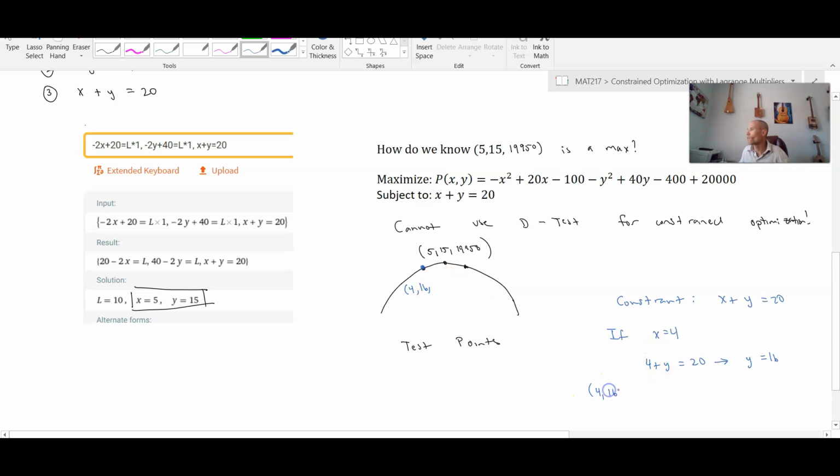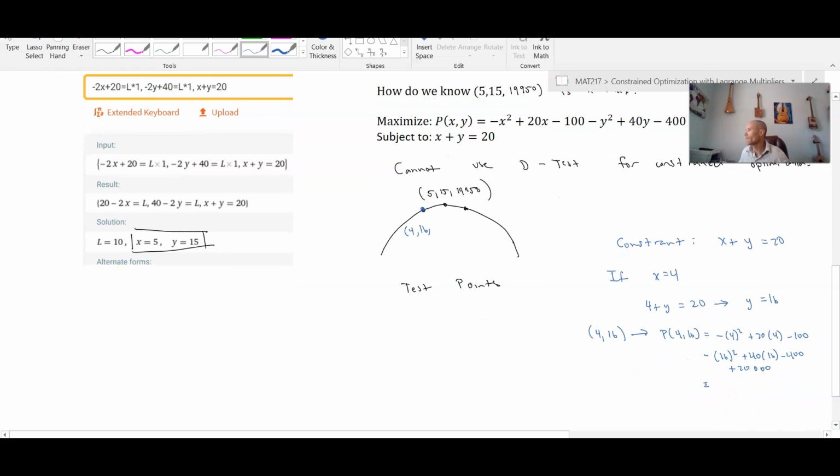And then what I would need to do is compute the corresponding profit of that point. So now that I have (4, 16), I am going to compute the profit at that point, which will be a matter of plugging 4 and 16 back into our objective function. So negative 4 squared plus 20 times 4 minus 100, minus the square of the y value plus 40 times the y value minus 400, plus 20,000. And what I'm looking for here is for this to yield a value that is smaller than the profit of 19,950, which is what I'm claiming to be my max. Plugging this all in, we get $19,948,